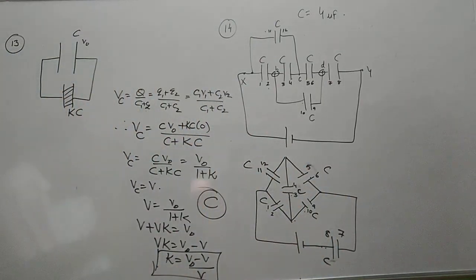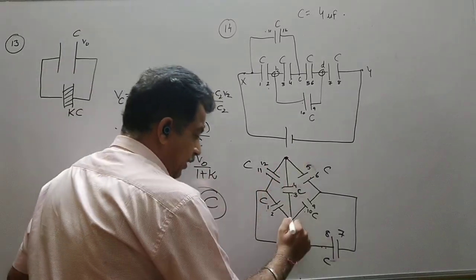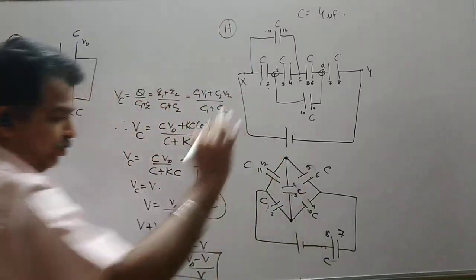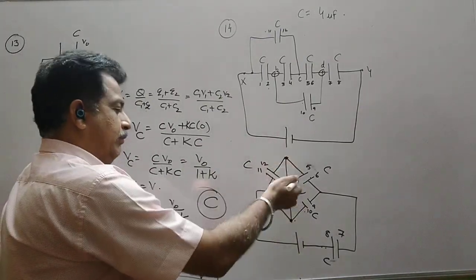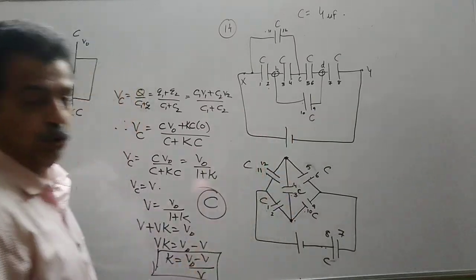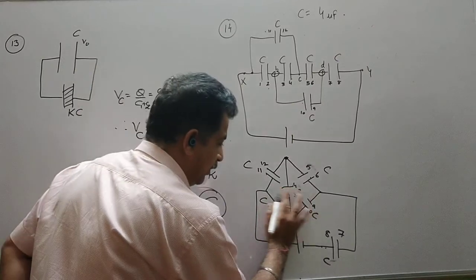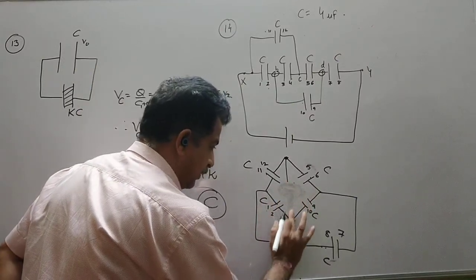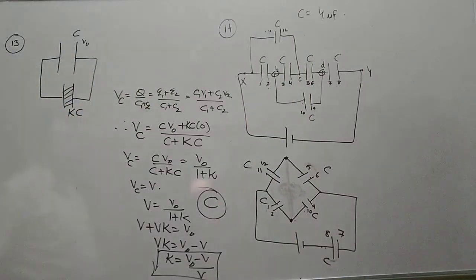And we know that if it is a balanced Wheatstone bridge, these 2 points are at the same potential. So there is no use of this capacitor, because no charge will be deposited, or you say when it is a resistor, no current flows through it. There is equal potential difference. So I remove this plate. This capacitor 4-3 has no use in our circuit.